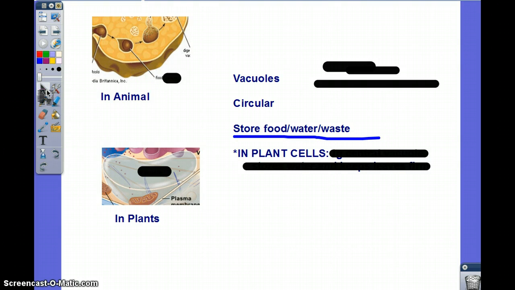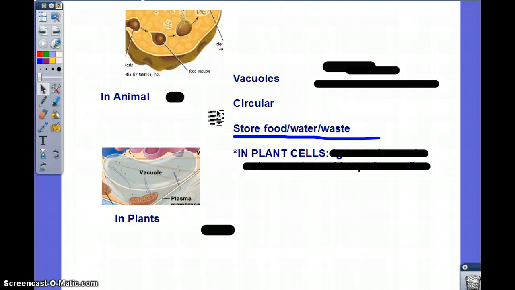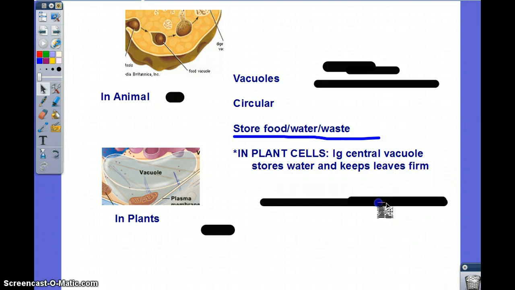In plant cells, what makes the vacuole different between a plant cell and an animal cell? Look at it. One is like a circle and the other one's oval. What else? I mean, there's a significant difference if you look at them. It's a lot bigger. In a plant cell, it's called the large central vacuole because it needs to store a significant amount of water so that the leaf can stay nice and crisp and firm. So that's what gives the leaf the ability to